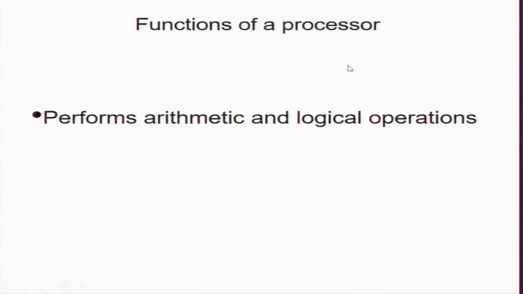Okay, so the function of a processor is to perform logical and arithmetic operations. Arithmetic, all of you know, right? And logic also all of you know. Multiplication is an arithmetic operation, but logical is, in a program, we have to do some instruction, then if a number is greater than 100, then do something else. So this is logic.